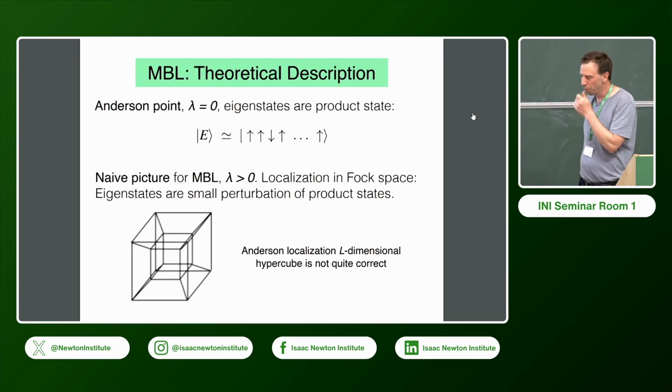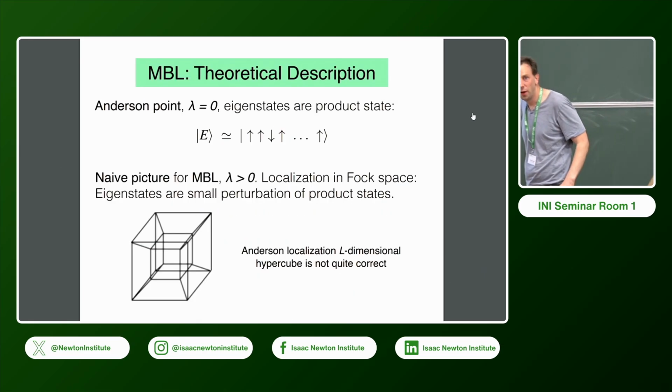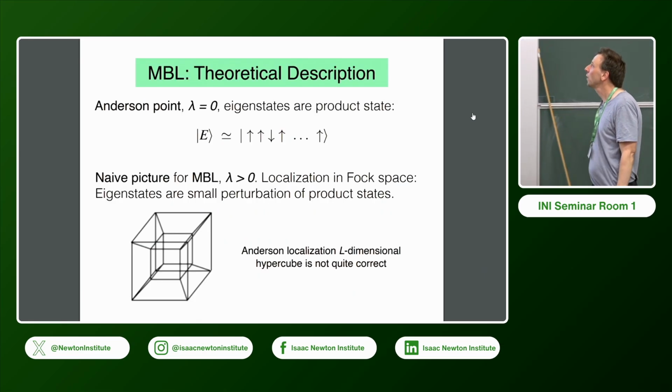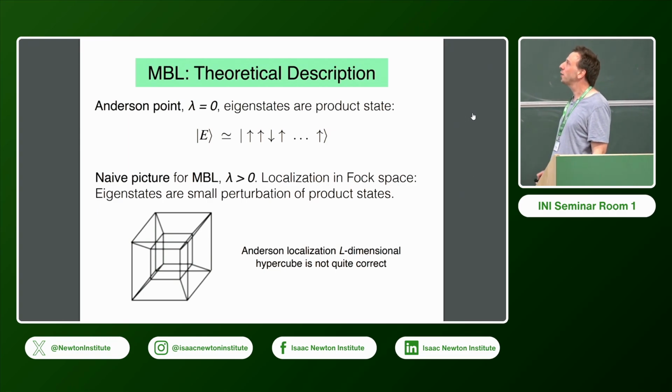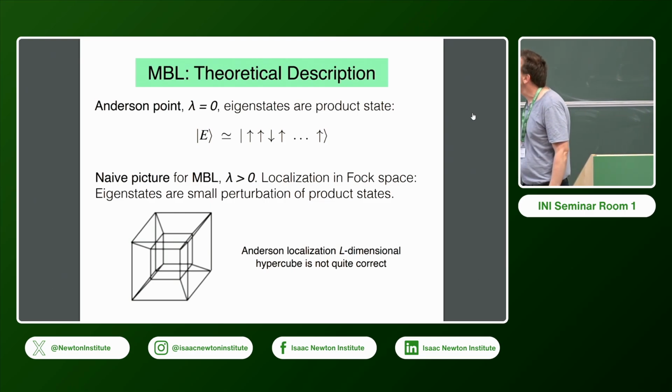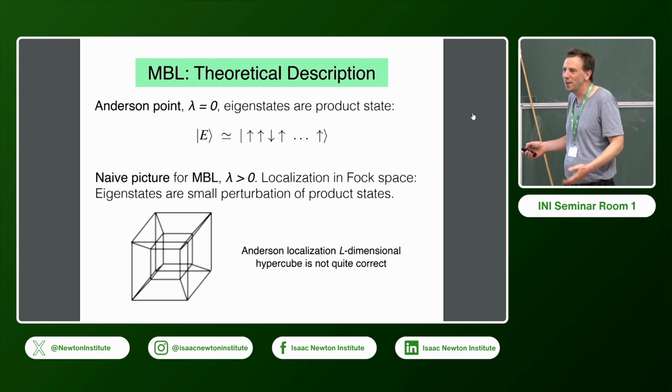Okay, this is another important point. So maybe let me try to give a little bit more feeling of what it is, especially perhaps for those of you who studied a little bit of Anderson localization, right? So if lambda is equal to 0, then it is in this sense that this model becomes trivial, because the eigenstates are just classical states plus and minus. Okay, so you just see here plus, here minus, and so on. All eigenstates are like that,